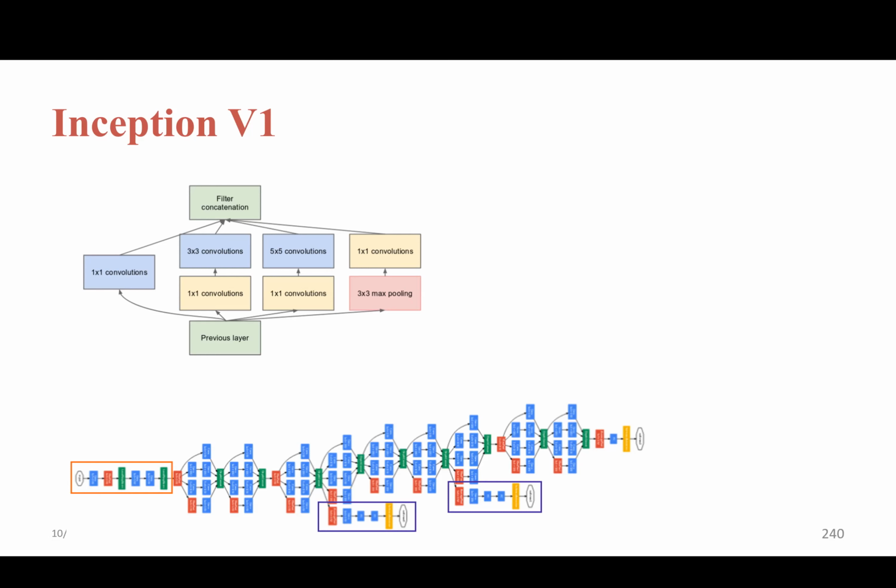Moreover, naively stacking large convolutional operations is computationally expensive too. So to overcome these disadvantages of previous versions of pre-trained CNN, they proposed the Inception network, and the solution they proposed in Inception network was